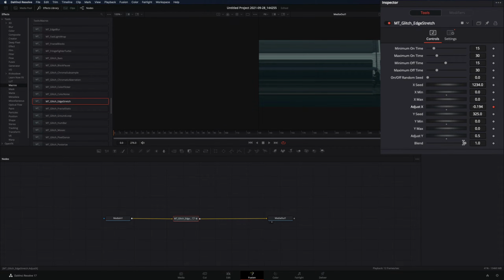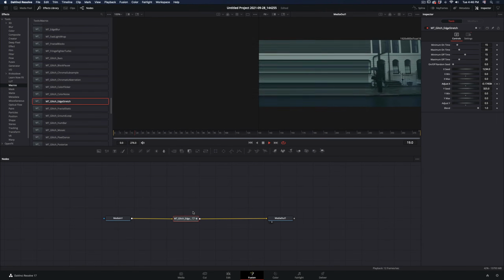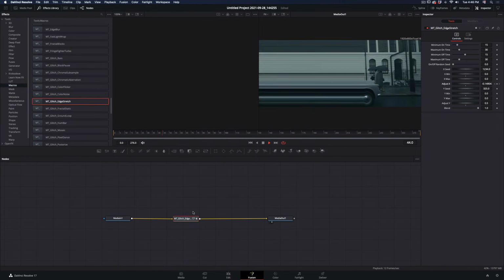Activate the keyframe button. Go to the last frame and move the adjust X value to animate the position of the stretch. The effect is over,